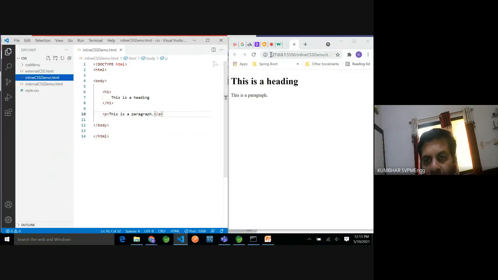Okay, so here by default that server starts at this localhost address 127.0.0.1. This is the localhost. Then port number 5500, on this it is started, and whichever is the current HTML page, that is displayed, here inline css demo.html.